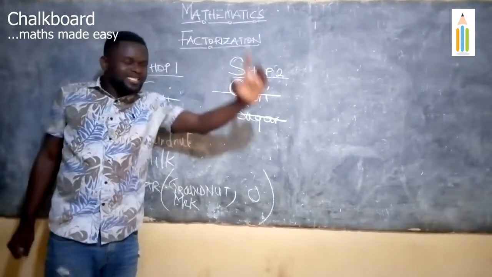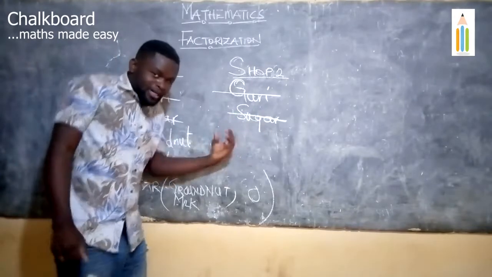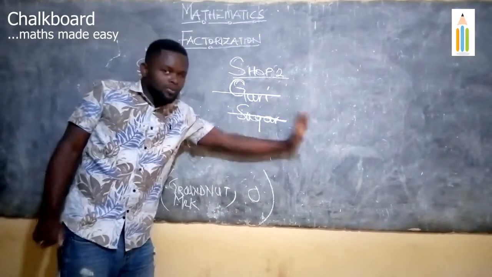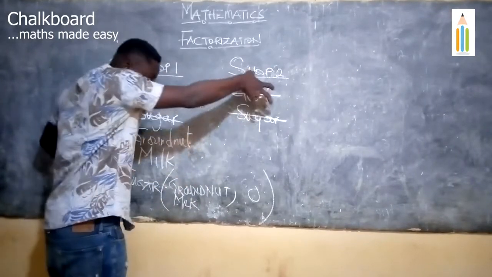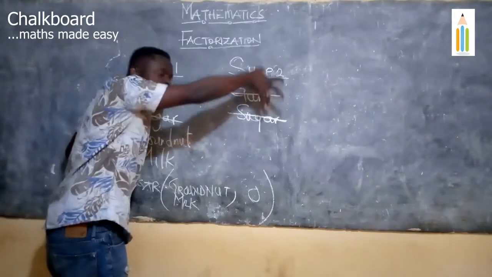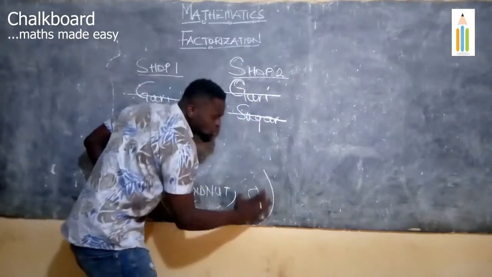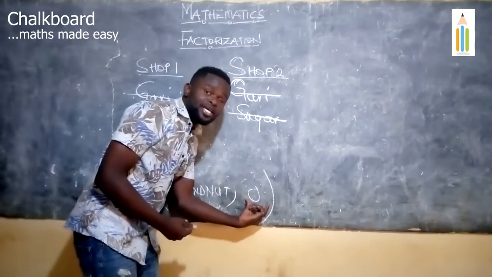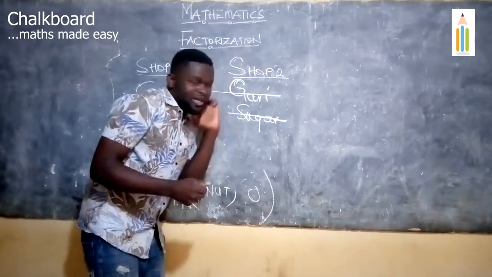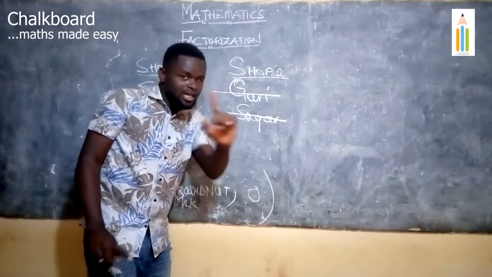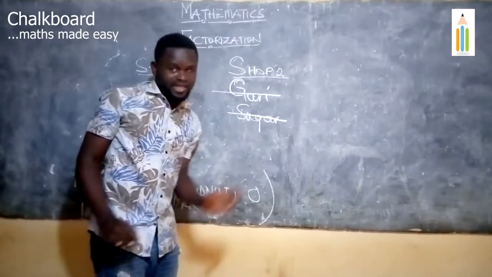You see, with the first example, when we brought the tomato and the pepper out, we were still left with some items with the woman too. But this time, everything that is sold in shop 2 is brought out. So nothing will be left with shop 2. That's why we are putting 0 here. But mind you, when we are dealing with numbers, 0 will not be here. And when we get there, I'll tell you why 0 can be there.